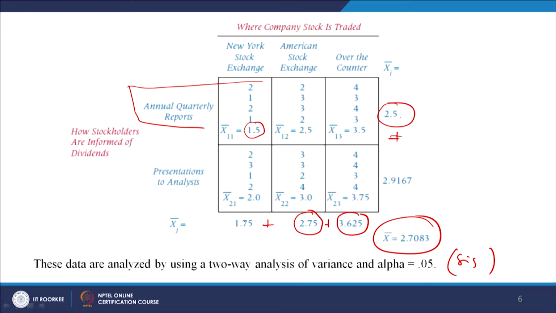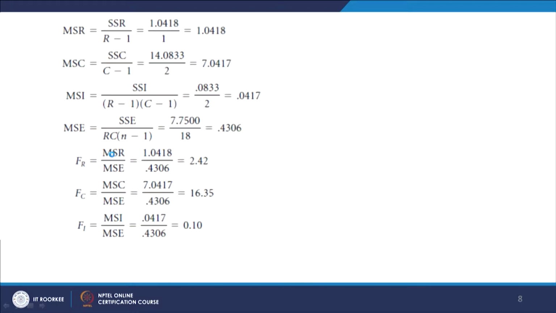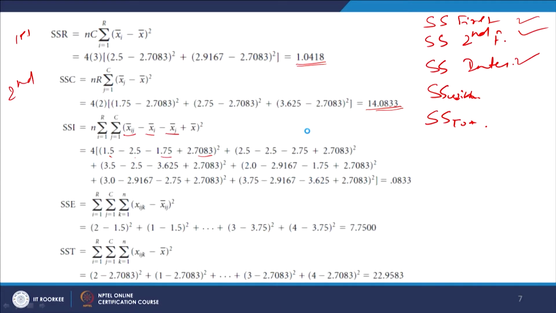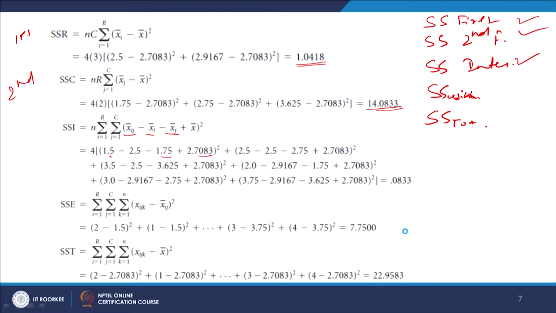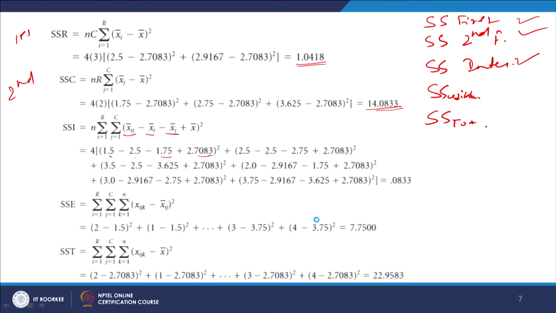So, column wise if you go it is 1.75. So, 1.5 minus 2.5 minus 1.75 plus 2.7083. So, this square plus similarly 2.5. Now, go to the next one, 2.5 minus 2.5. So, 0 minus 2.75 minus 2.7083, right. So, it gives us 2 square plus similarly 3.5 minus 2.5 minus 3.5 minus 2.5 minus